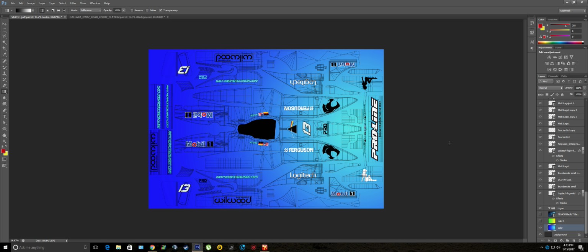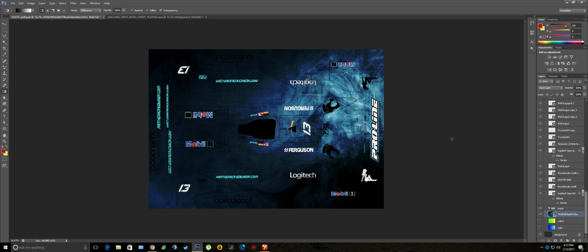The base color, I just did a simple dark blue to light blue gradient from left to right. And then I got this picture here, which is a photograph of just smoke basically in a dark room, I assume. And what I did